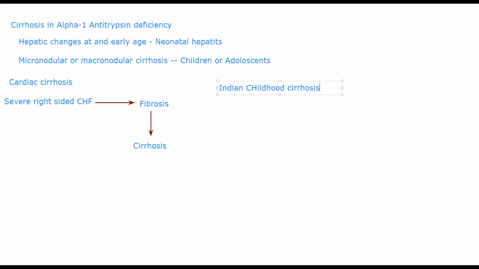Indian childhood cirrhosis is an unusual form of cirrhosis, generally seen in children around 6 months to 3 years in age. Okay, so very young children. There is no role of viral infection, so there is no chance that a viral infection can cause this, but it is commonly due to toxic effects of some toxin,